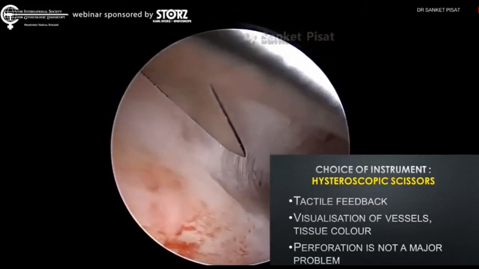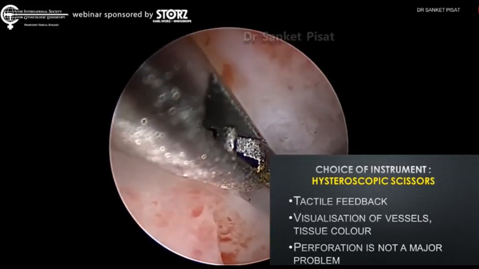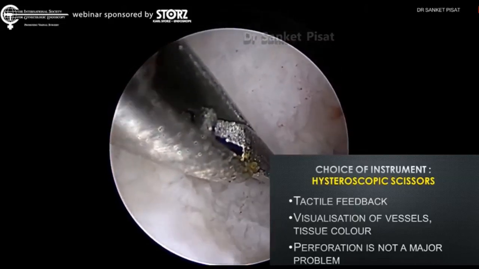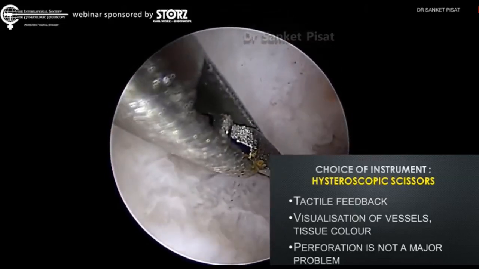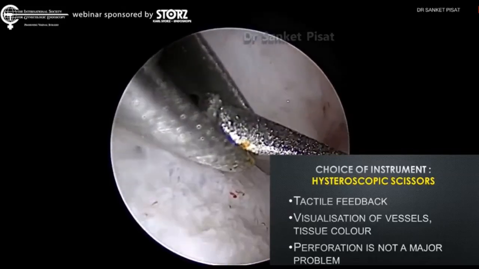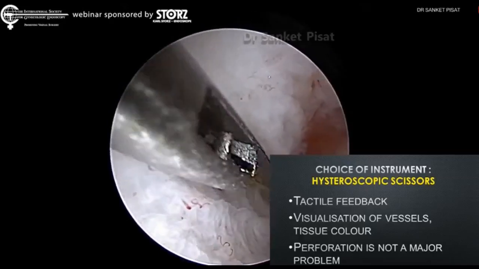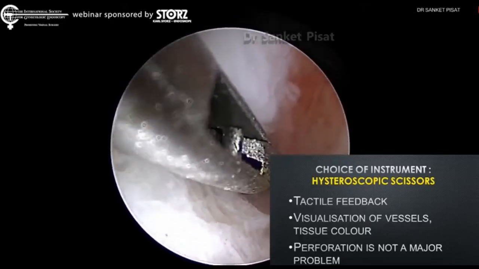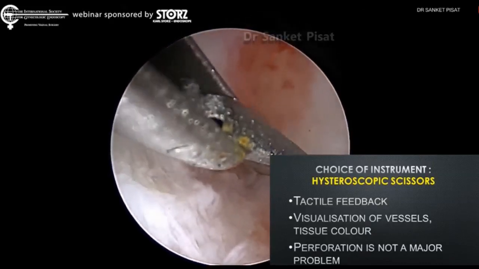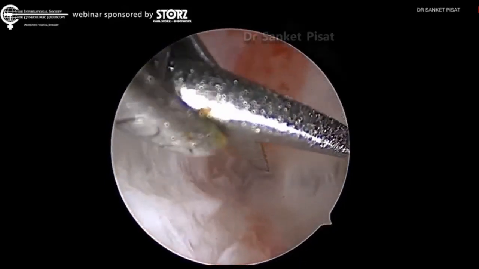Perforation is not a major problem as it would be with a resectoscope, because even if you would perforate the uterus, a small 2 mm rent is created which can easily be sutured. More so, the current in the case of a resectoscope would escape beyond the level of the uterus and possibly damage the bowel and other structures above the uterus. But in the case of a hysteroscopic scissor, this cannot happen, and the damage will be restricted to the uterus only.